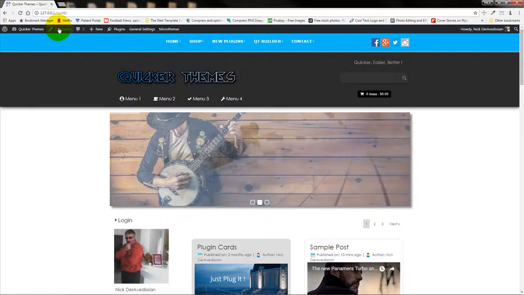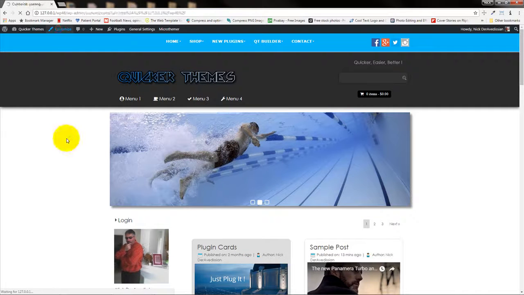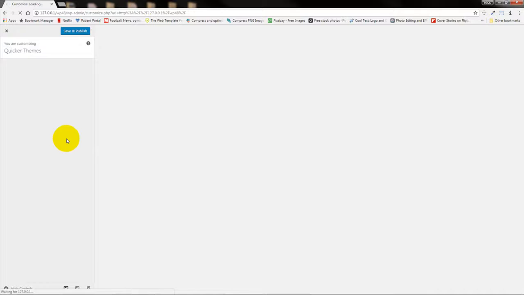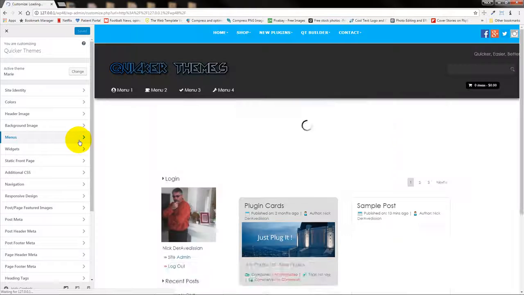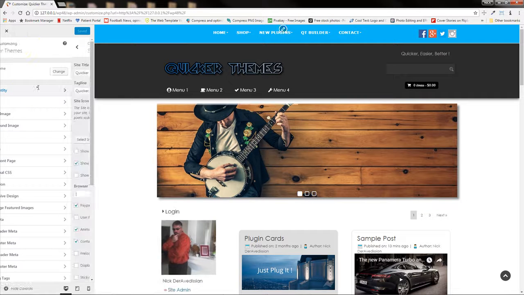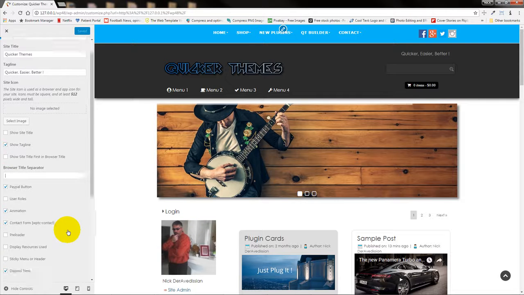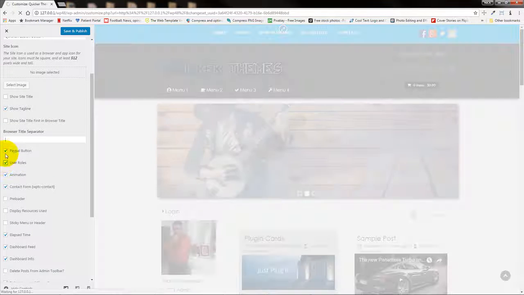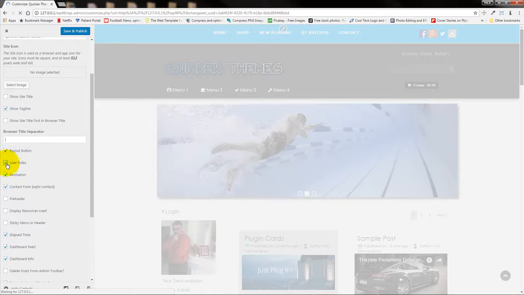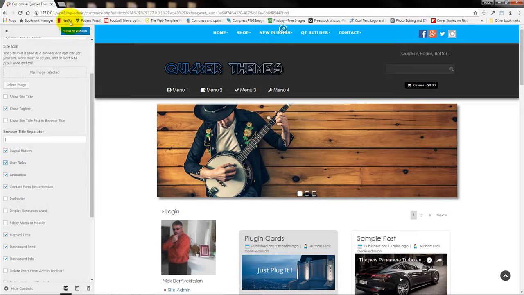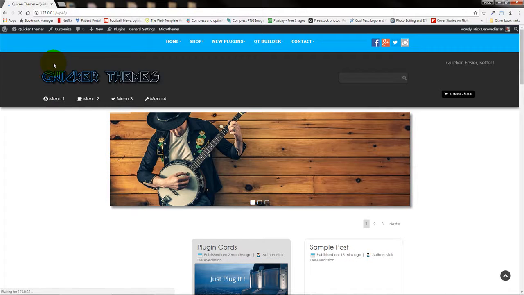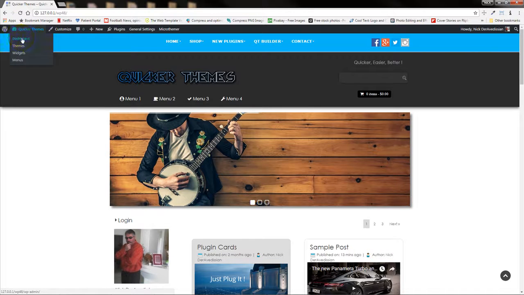All right, the next thing is the user roles. By default, the user roles are turned off. So to turn it on, you go to the customizer, site identity and user roles. It's this button over here. All right, save and publish. And once we go to the backside now, under the users menu,